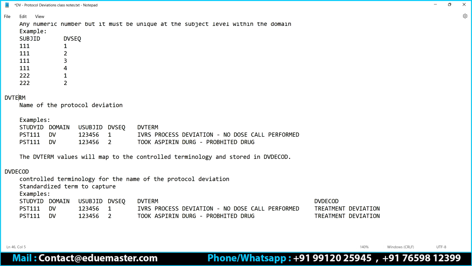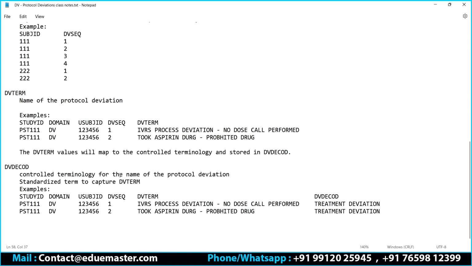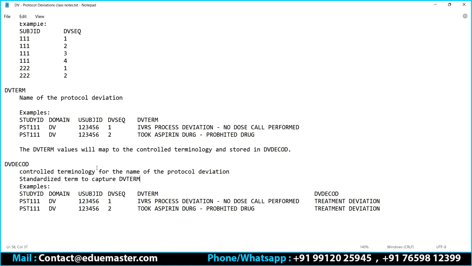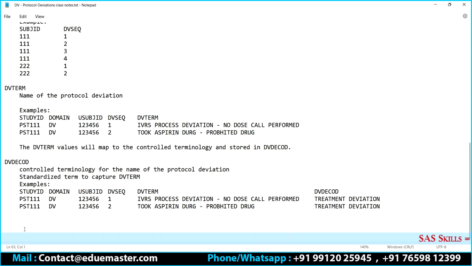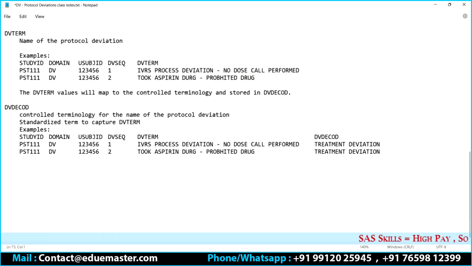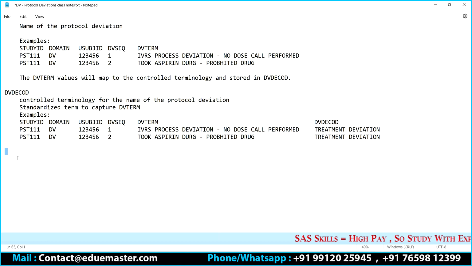DV term. So DV term is more of a description. Instead of a description, if I want to give some standard term to that, that standard term is nothing but a DV code. Okay? Questions? Is that understandable, guys? Very simple one. That's the reason we are going at a little higher pace. Okay? Now,